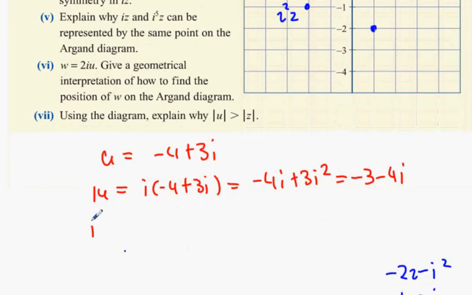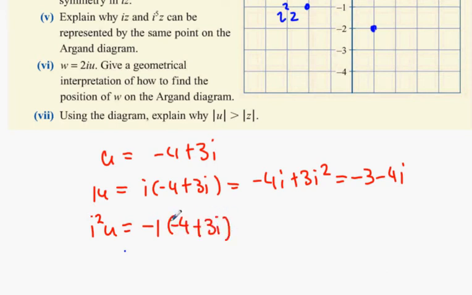i squared u, guys. What can you do with the i squared? Turn it into minus 1. What's minus 1 times u? Yeah, but u is minus 4 plus 3i, so it's going to be 4 minus 3i. And then finally i cubed u. Get your last answer and multiply it by